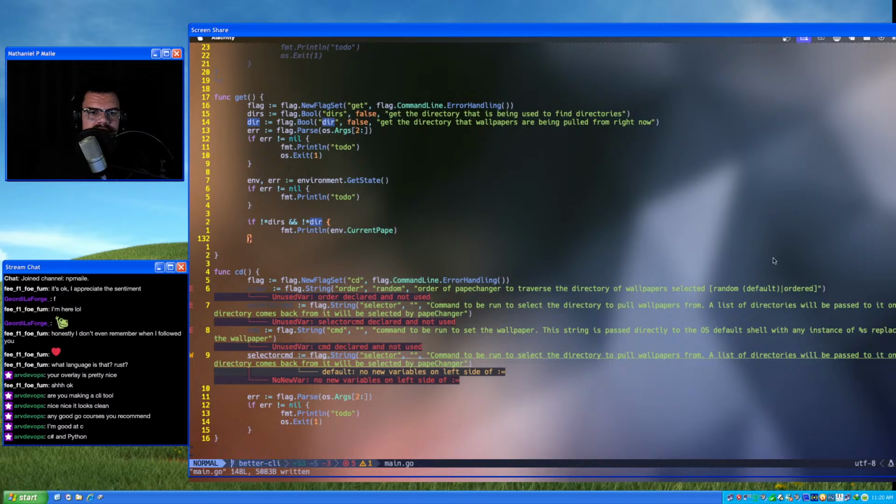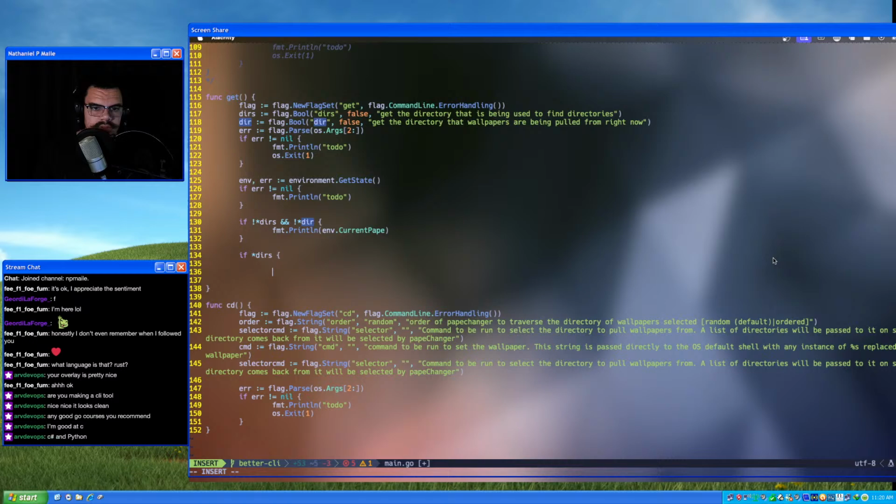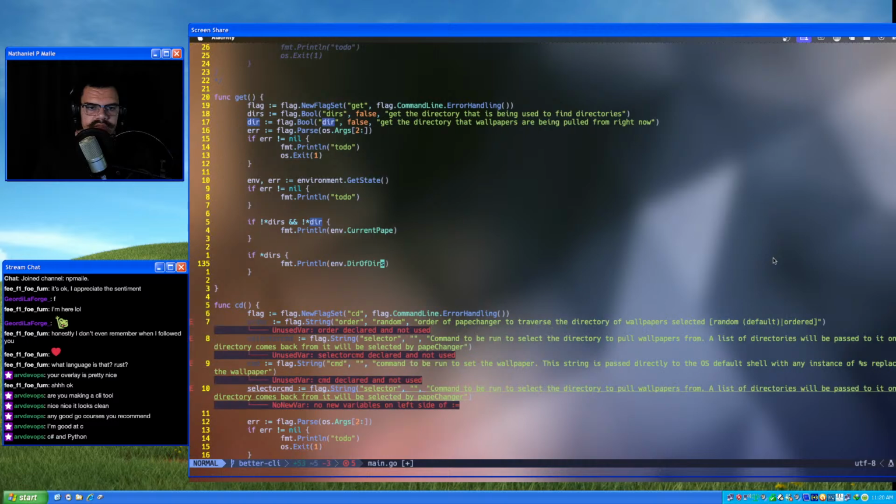So that's fantastic. Because that means I didn't supply any arguments. That means that all they want is the current wallpaper. So then you'll just say if deers, fmt.Println env.DeerOfDeers. So that's your deers dir. And then we'll do the same thing.